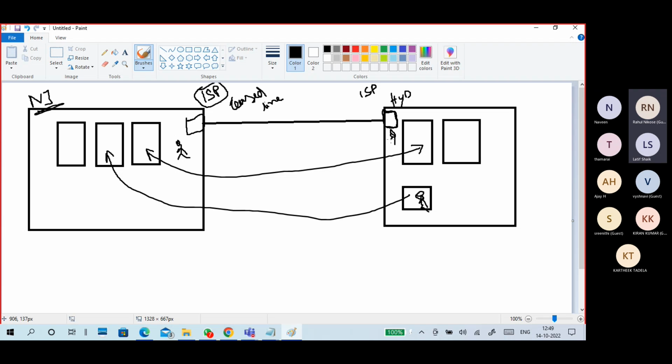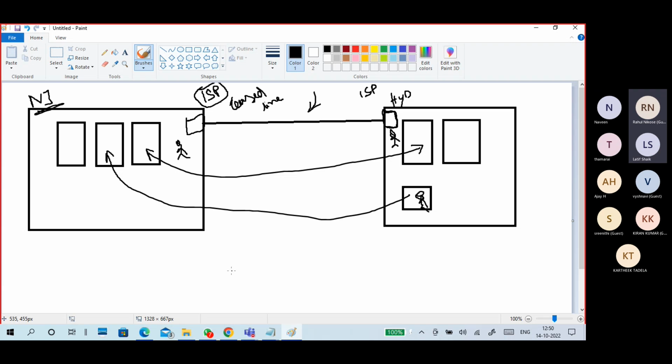Both organizations are connected as if they were in the same local network, but in between the two there is a dedicated line. A leased line means a dedicated line. Within this line, no other people can enter.